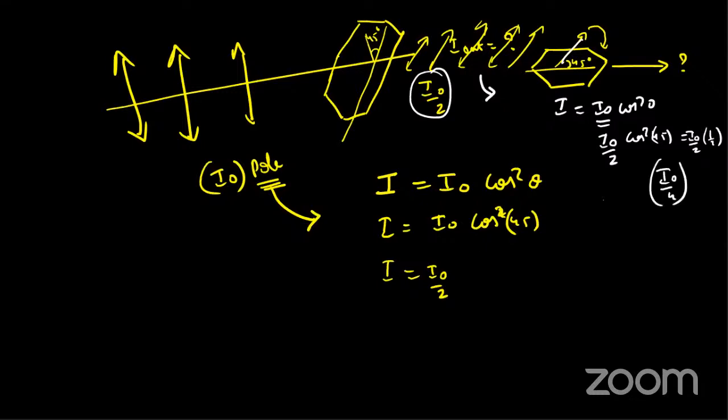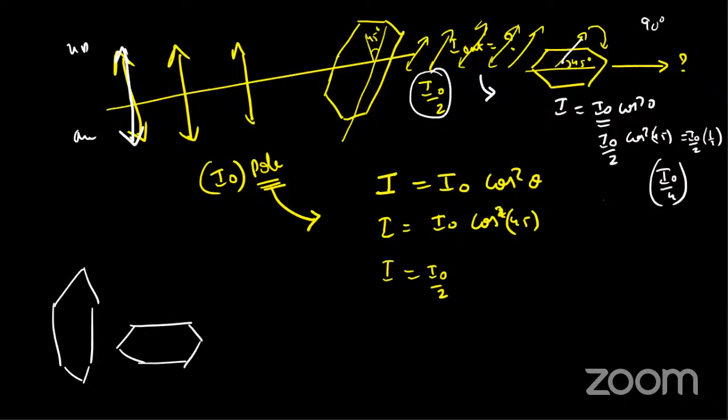I hope you notice an awesome thing here, which is very, very important. This polarizer is up and down, but this polarizer has been rotated 45 degrees two times. So 45 degrees two times rotated makes 90 degrees. The initial angle between the initial wave and the final polarizing axis is 90 degrees. Whenever you keep two polarizers perpendicular to each other, if I'm passing one light here, it will pass through this polarizer, but this axis will be perpendicularly blocked by this crystal, and I'll get zero light. I won't get any light at all if I use only two polarizers.